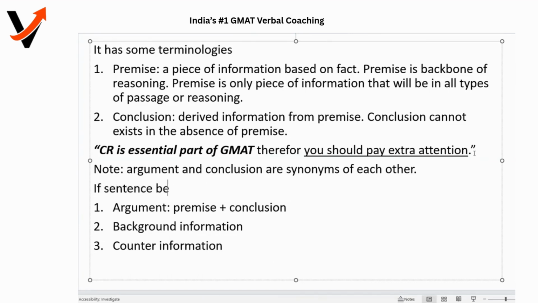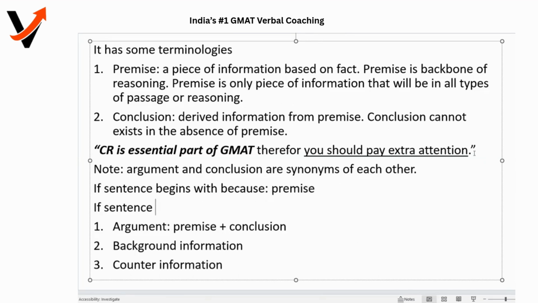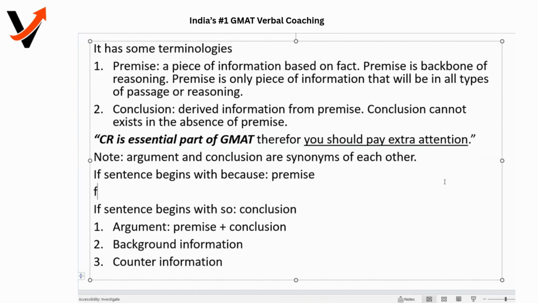If a sentence begins with because, it is a premise. If a sentence begins with so, it is a conclusion. Now, the family of because: